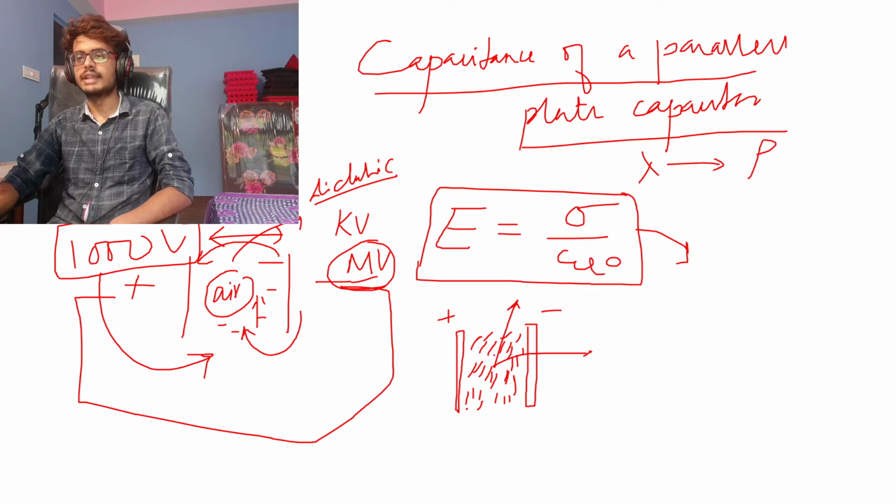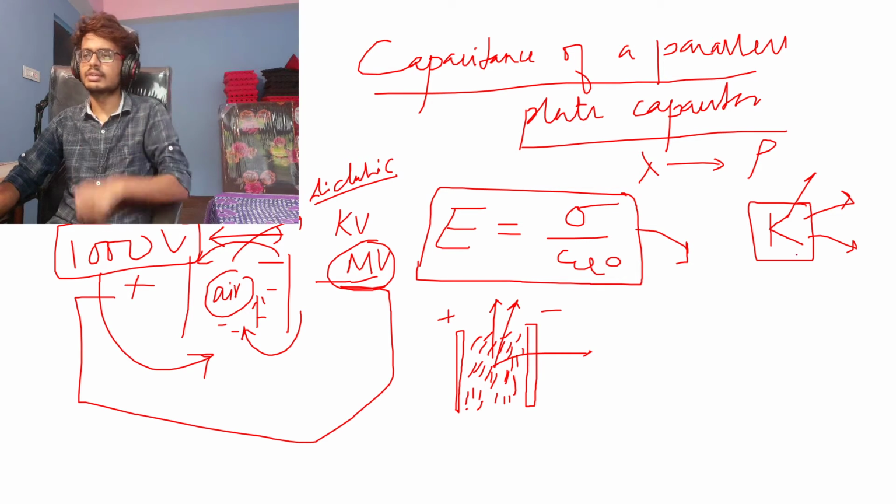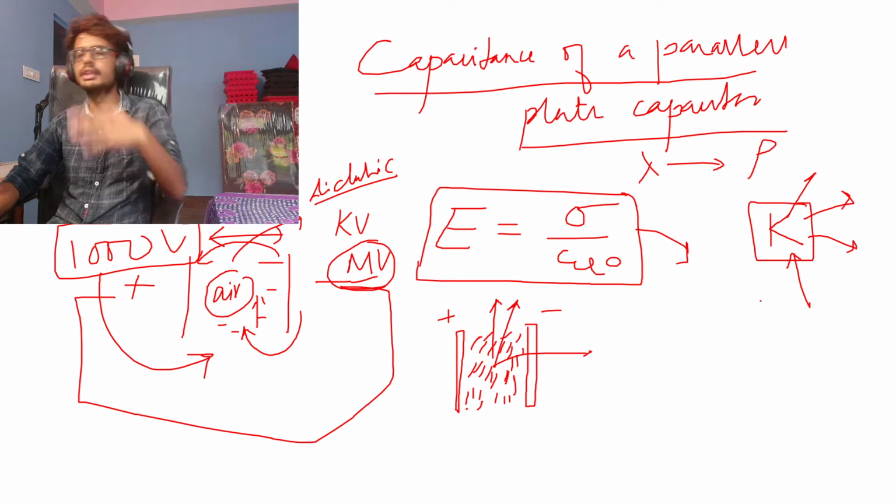So this is known as the dielectric medium, and this dielectric is represented by a symbol called K, capital K. It is known as the dielectric constant. It varies with different dielectrics. The value for air is different, the value for foam is different, and every other dielectric has its own different value. They'll have totally different values.